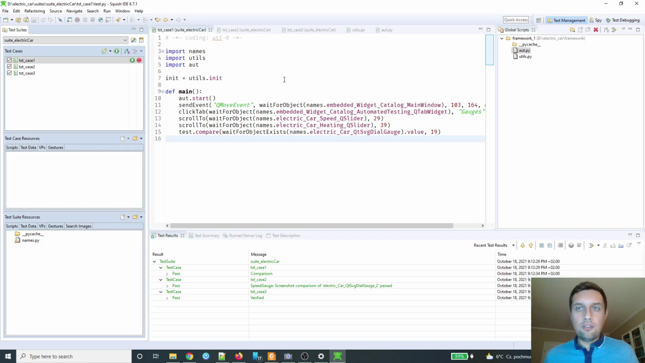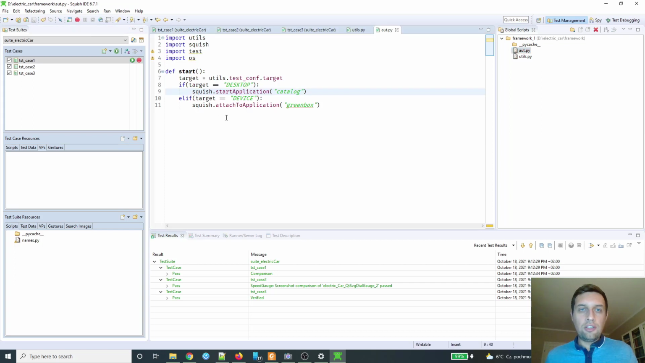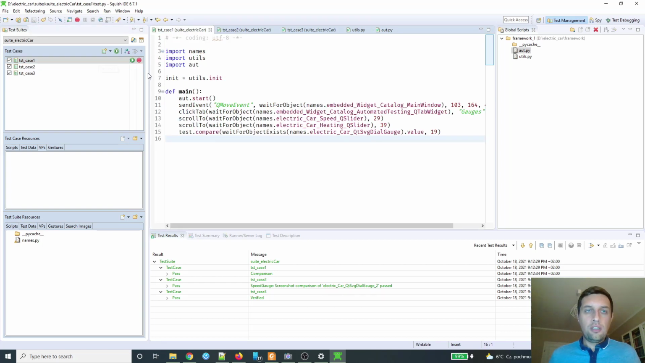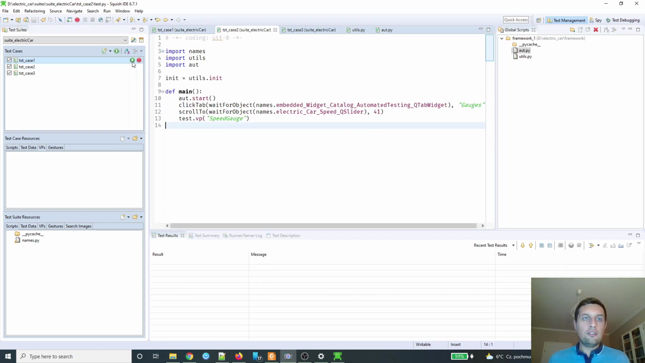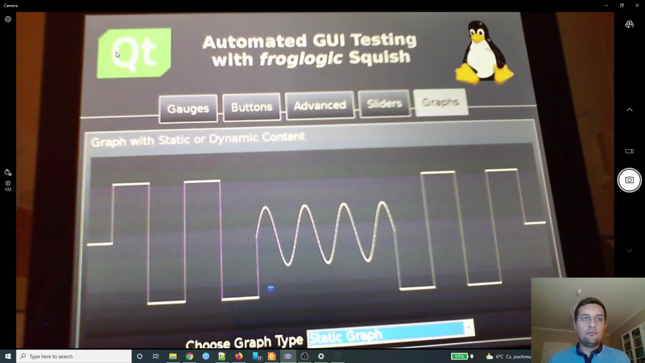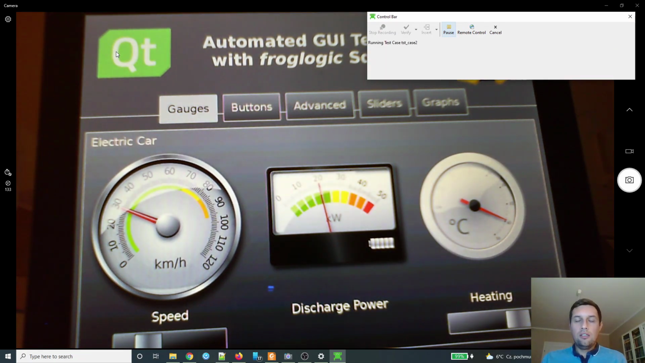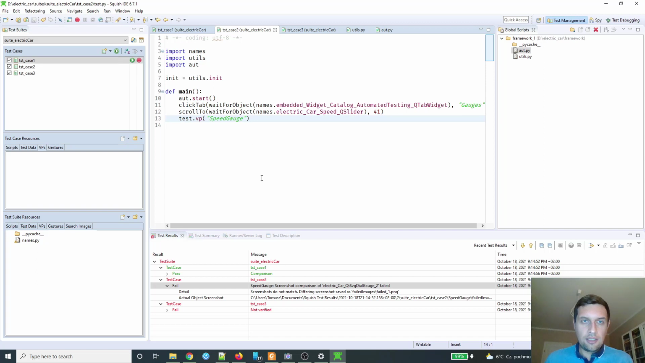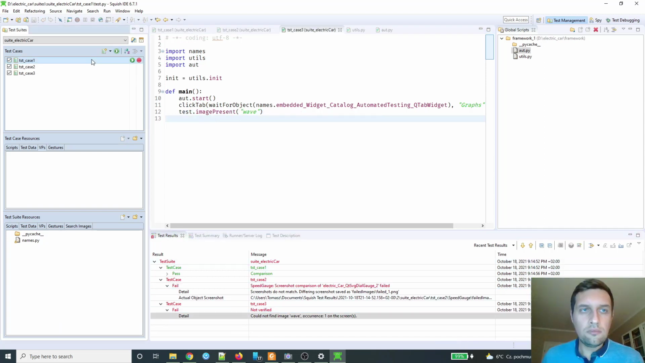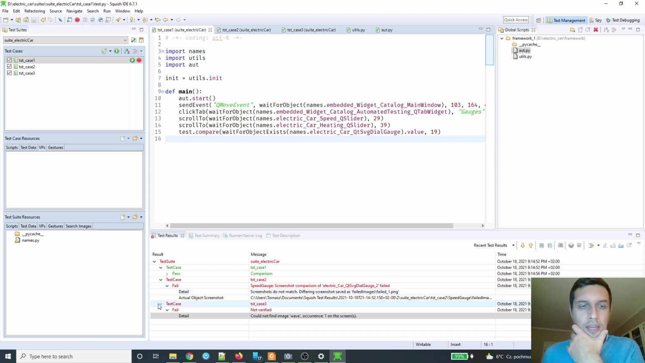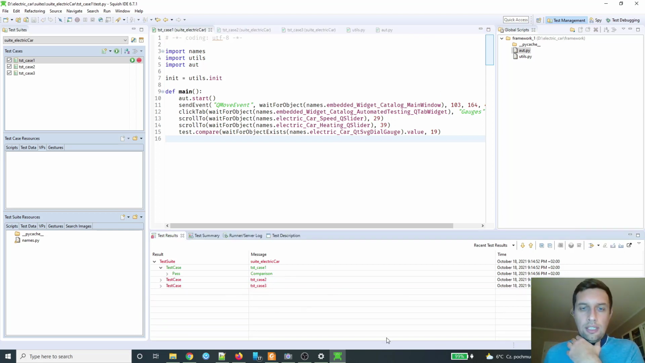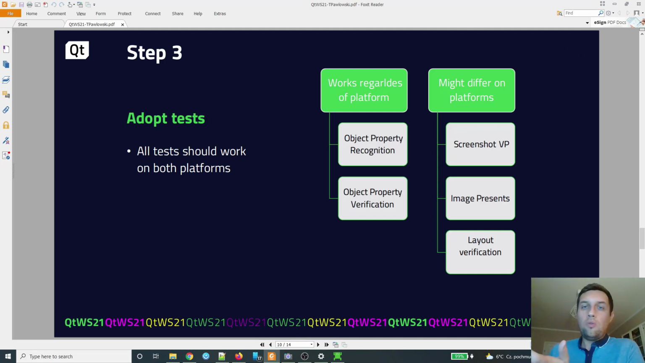The application is already registered, so when I call attach to application, we should succeed. Let's run all our tests on this device. So the first test case passes, the second test case fails, the third test case failed. Okay, so now we need to take a look at our tests and the results, and why those tests failed